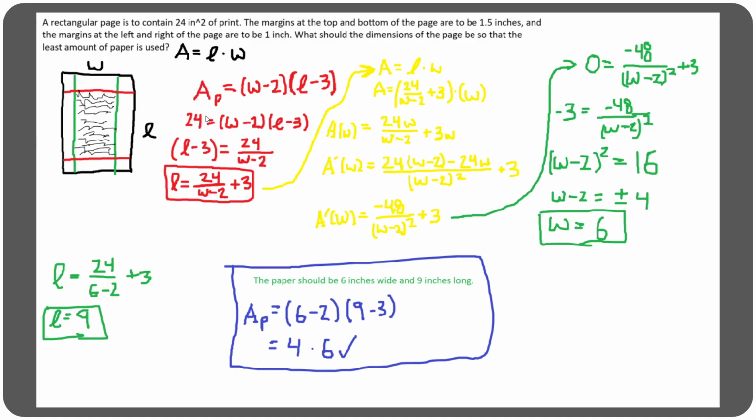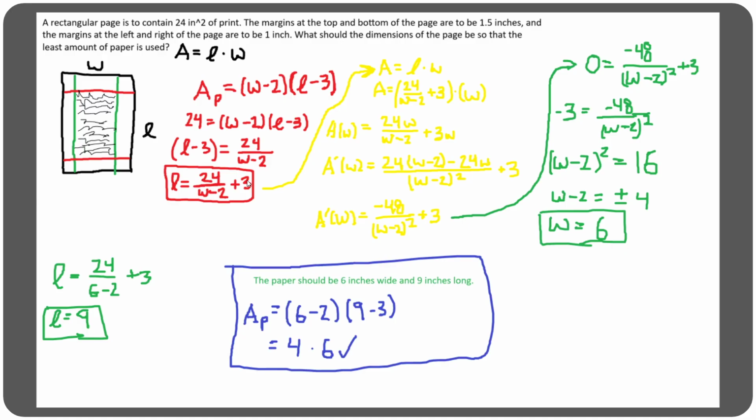And once again, this is just the equation for print area, not the area of the page. So you can plug in 24 right here and choose which variable you want to maximize. I think that this problem will work correctly if you solve for W or for L. I personally chose to solve for the length. So you solve for length. You have L minus 3 equals that, and then you add 3 to get L equals 24 divided by W